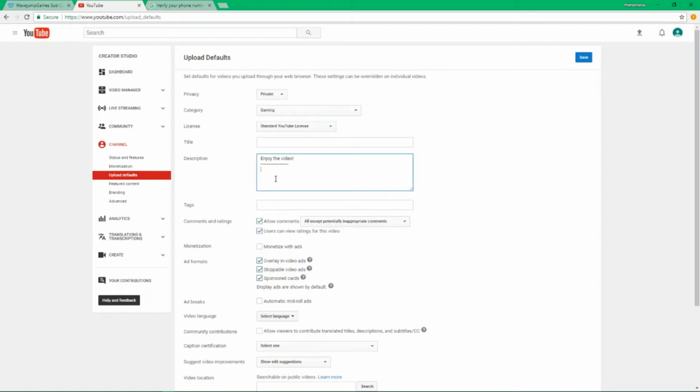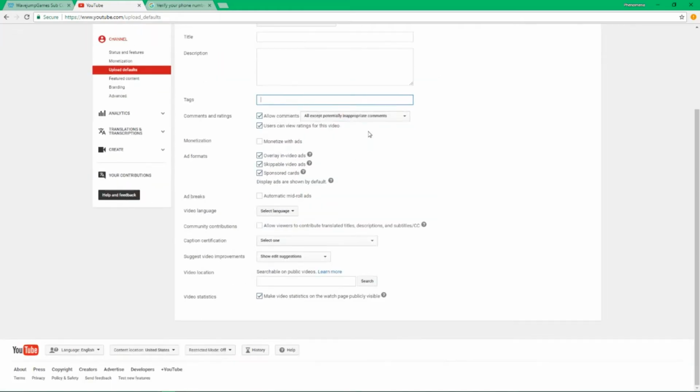And below all this information, of course, you can put extra links or different information. Tags we might go over again in the future. Comments, this is what we set up earlier. Monetization, we could enable monetization with ads, but we're not going to do any ad things for now. We're going to, by default, disable all ad formats, because as you saw, we're not above whatever it was, 10,000